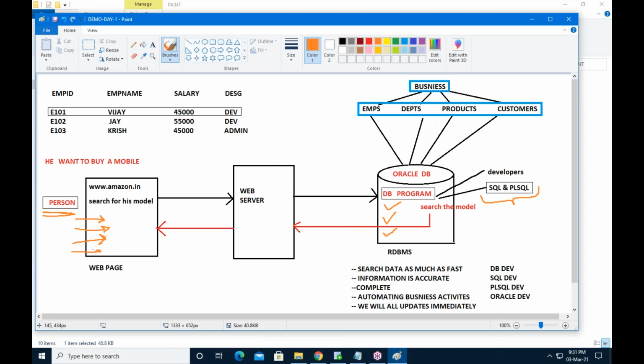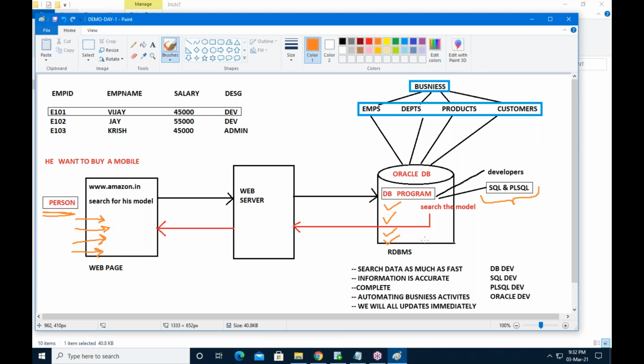He is requesting for adding a beneficiary. He wants to transfer money. Before transferring money, he needs to add a beneficiary. So write a program to add a beneficiary. See how many programs I am getting.